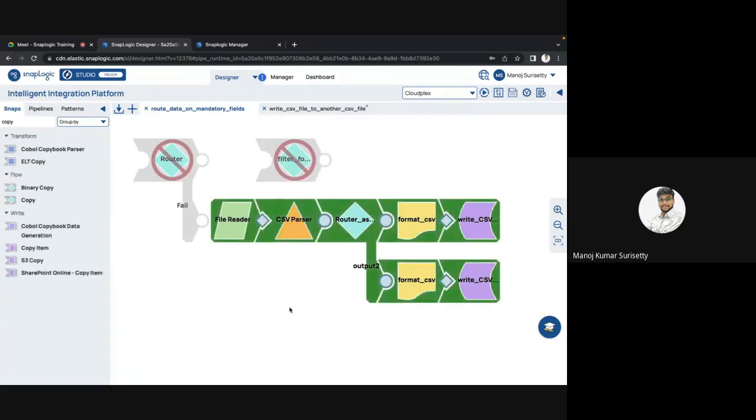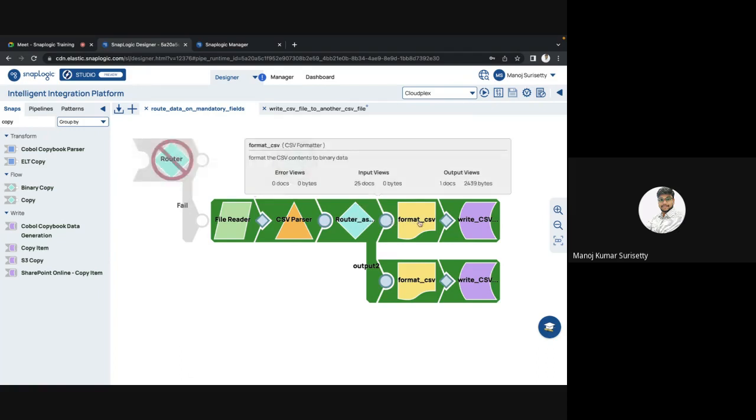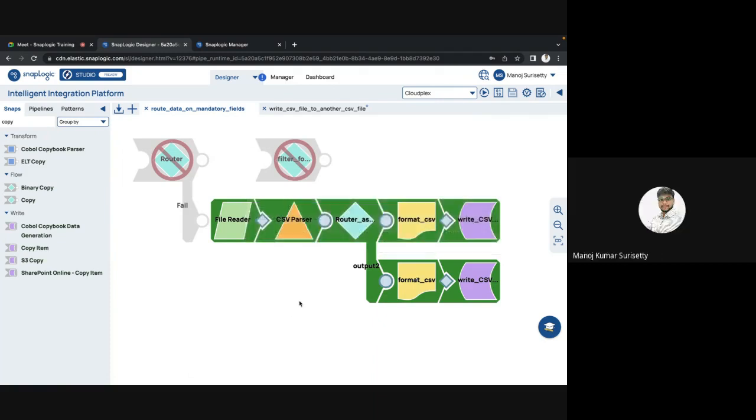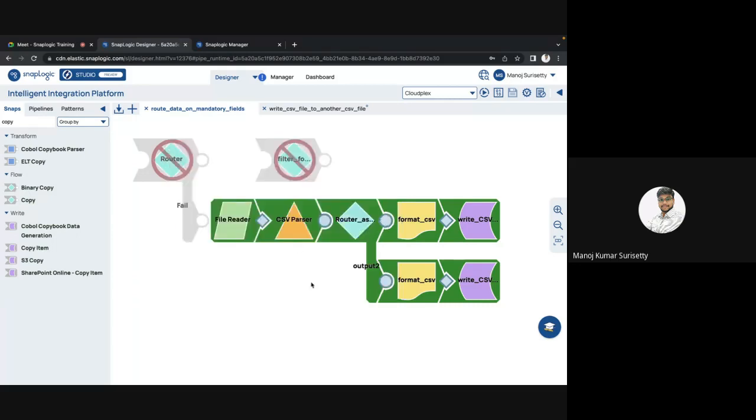So just focus. I am hovering on the CSV parser. If you can see, what is the number of output documents that is going to the router? 50, right? See output of 0, 1. What is the number of records that has come here? Yeah, 25 only. And here? Yes, 25. So if we don't give any expression, router by default will split randomly the input into multiple